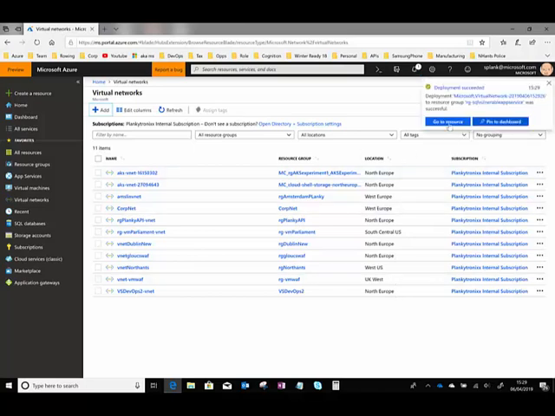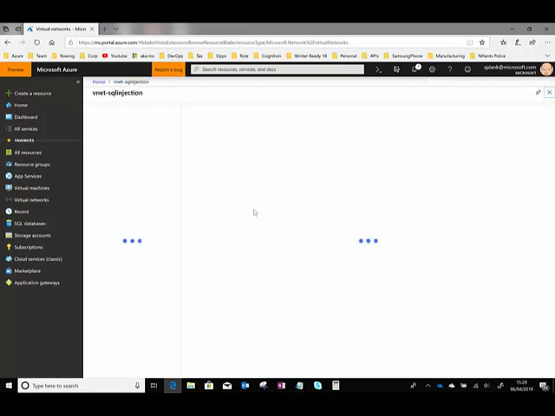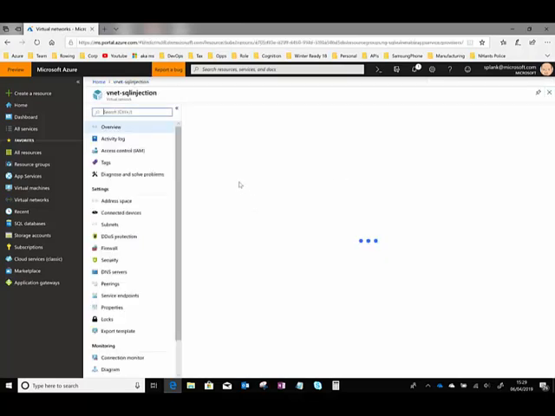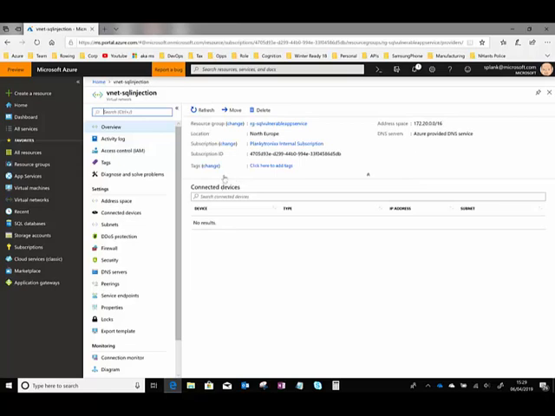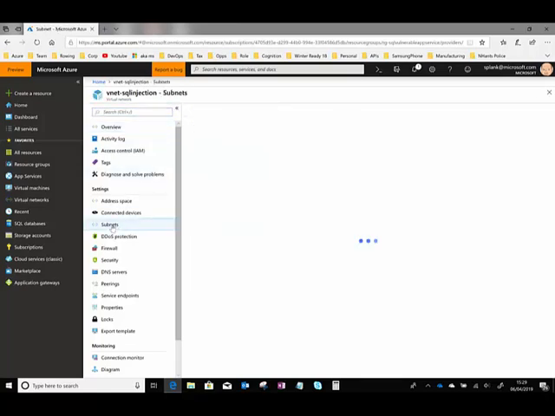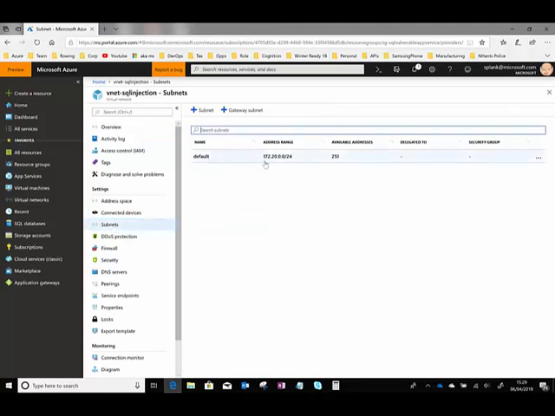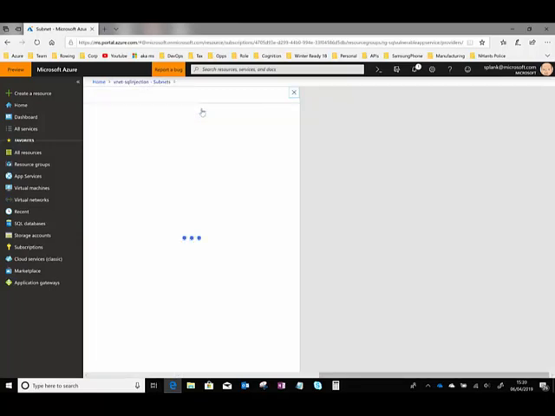Okay, that's gone pretty quickly. So we're going to go and have a look at that resource. That's the virtual network, and if we go to subnets, we should see a default subnet on there, but we want an extra subnet. We want one for the WAF, because we can't use the default subnet for the WAF. So we click subnet, add subnet, plus subnet,